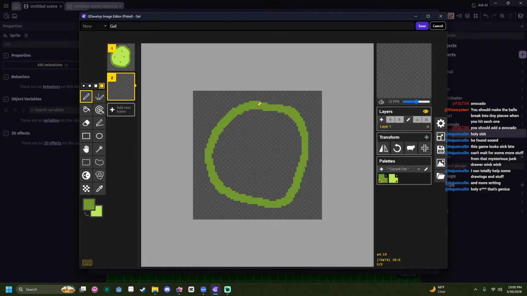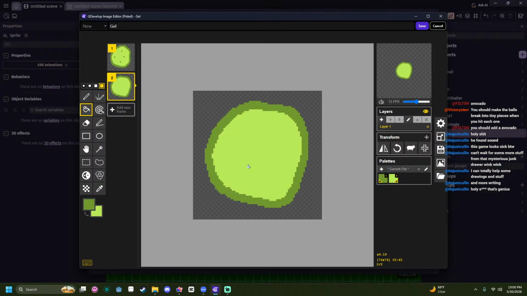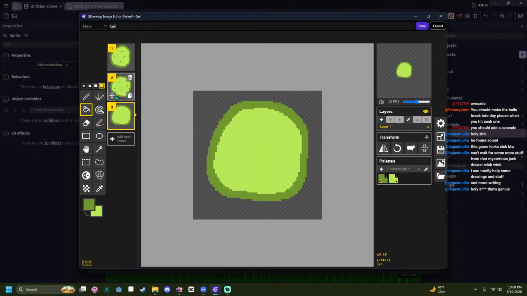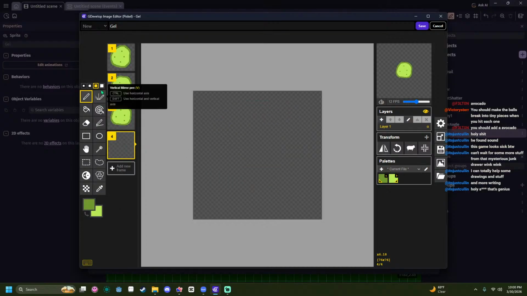Draw a circle. How many is there? 4. Do one more.